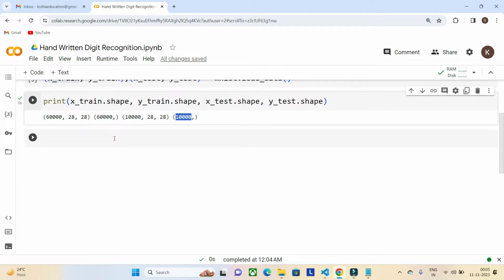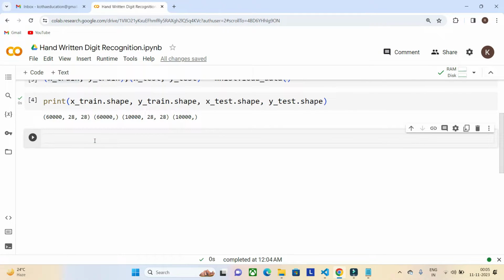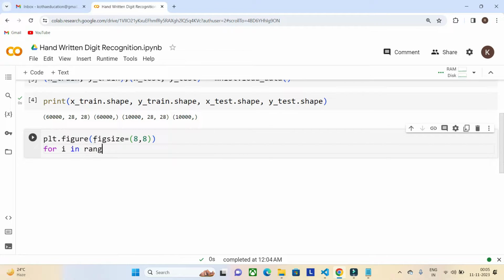Now let's print some images from the training data set by using pyplot. plt.figure of figsize equals 8, 8, and for i in range of 9, let's print 9 images. plt.subplot of 3, 3, i plus 1.